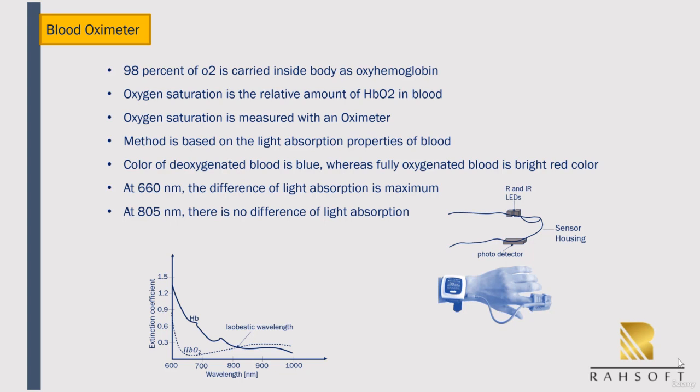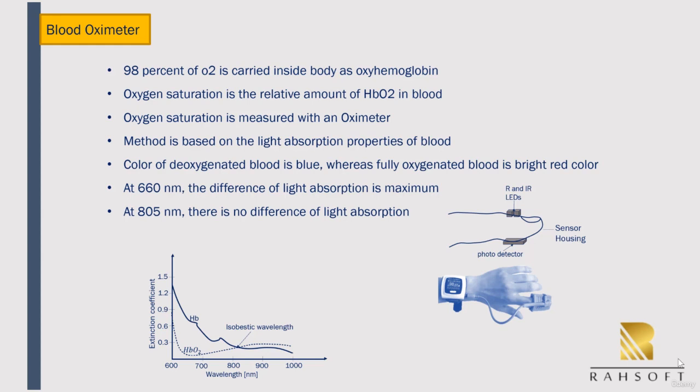When blood is deoxygenated, it is blue, but when it is fully oxygenated, it is bright red. Therefore, by using different wavelengths, we can determine based off of the absorbance spectrum how much blood is fully oxygenated versus deoxygenated. As shown below, at 660 nanometers, the difference between the light absorption of oxygenated and deoxygenated blood is